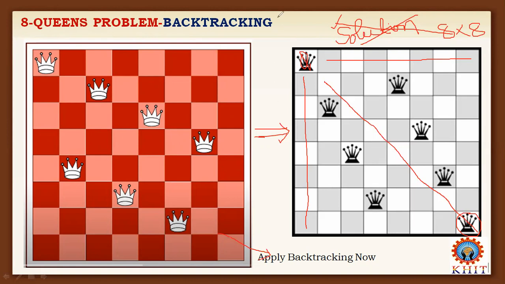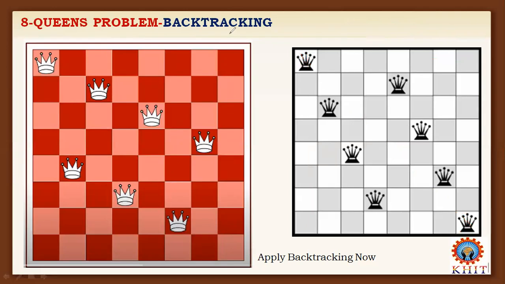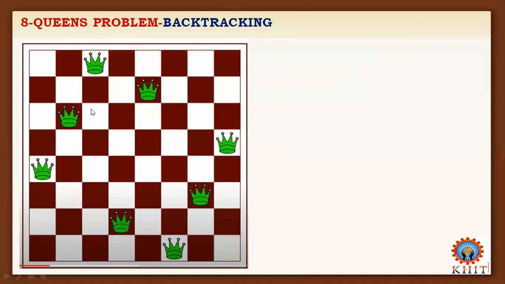So what we will do is apply the same concept and keep on getting the result. Now check whether this is a possible solution or not. If I place the queen here, the same row, same column, and diagonal cannot be placed with the next queen. So Q1 was successfully placed.